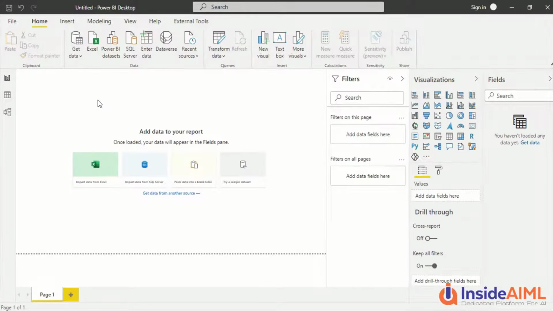Now to understand these options better, we need to load a file. We have created one file for you for the initial data exploration. We will provide you a link for that file. I'm going to showcase that file a little bit, and then we will load that file in Power BI and see how we can do data analysis quickly. This time we are going to do it pretty fast, but we will give you an overview, and then you will use that overview for further enhancing your skills in Power Query and DAX.